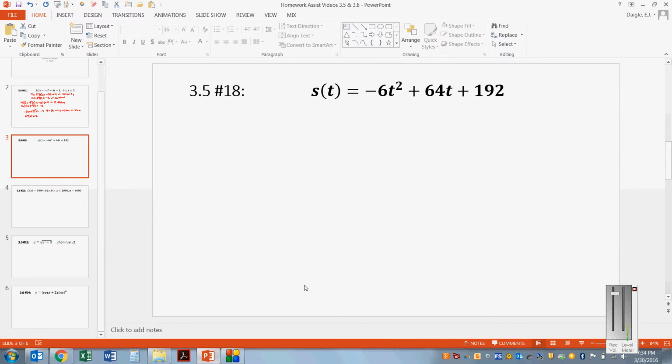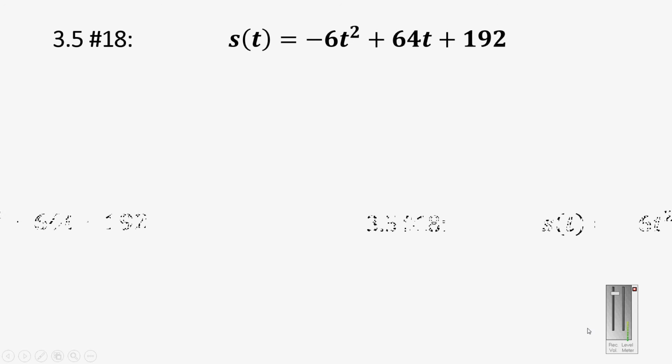All right, moving on to the next problem here. We'll take a look at 3.5 number 18. In 3.5 number 18, they give us a function, which is s of t equals negative 6t squared plus 64t plus 192. And they tell us that a stone is thrown vertically upward from the edge of